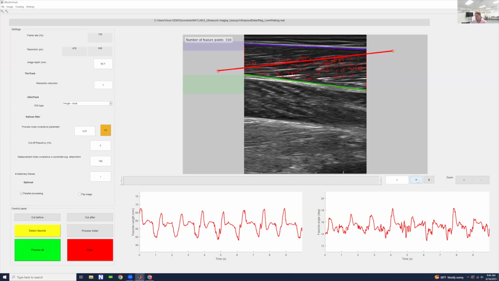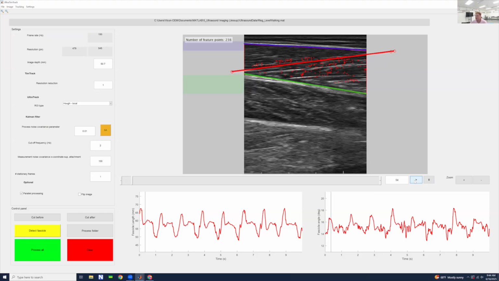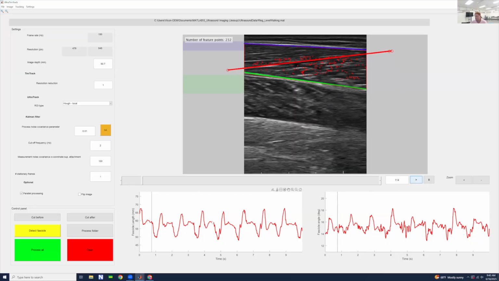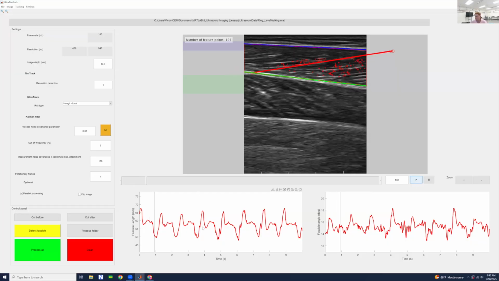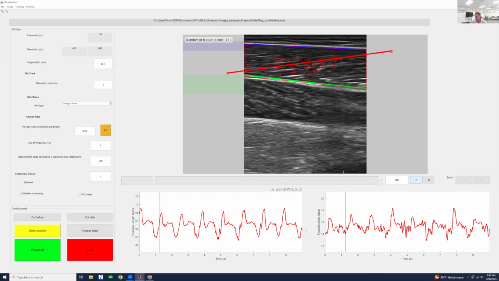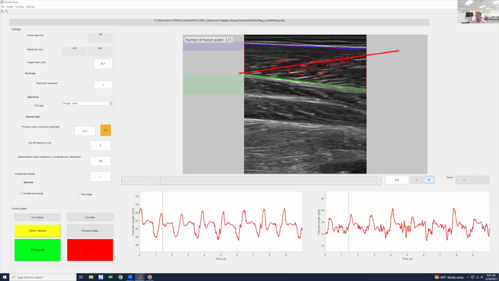But we can also press this play button and see how well it is tracking these fascicle length changes. It should do a really solid job. Obviously, in data processing, we'll still do a little bit of filtering of these trajectories to get rid of some of the noise here, but that's excellent. Another sanity check is that optical flow is a really good method for detecting fascicle length changes. Again, it is just prone to drift, but